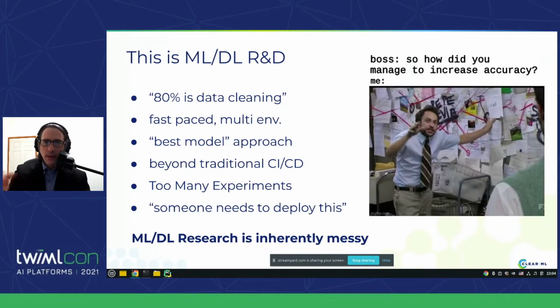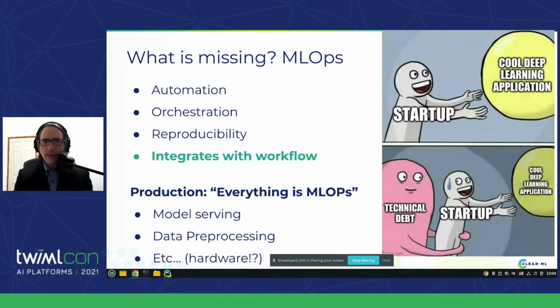So what do we do? We put MLOps on it, right? MLOps is technical debt management, as I've discussed in my keynotes in my session last week. And you can see this startup trying to adopt a cool deep learning application, and technical debt immediately creeps in. And MLOps is a way to mitigate that by automation, orchestration, and reproducibility. Automation means that if there's something manual, you do it automatically. If there's something automatic, you do orchestration, you can launch it whenever you want to. And reproducibility means that whenever you run the orchestration, you get the same expected result.